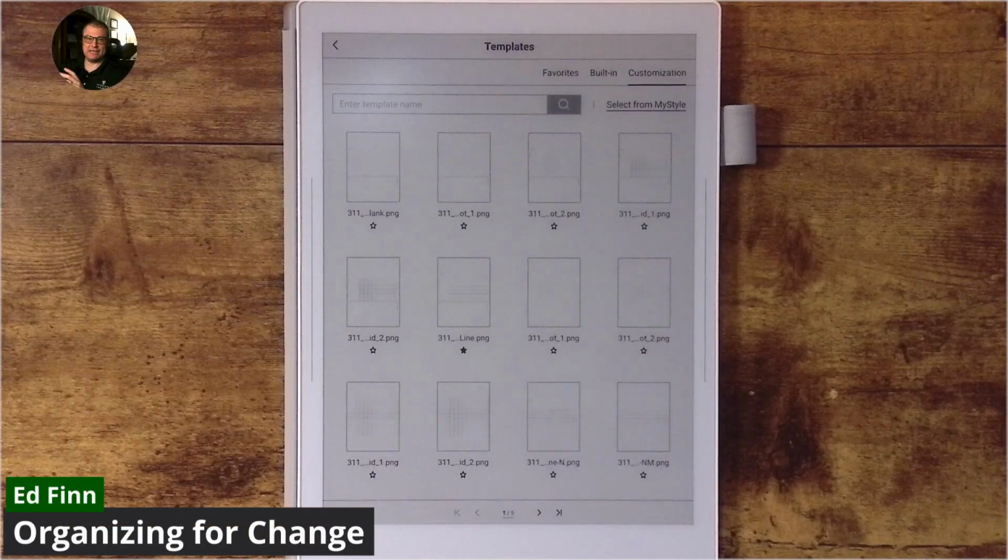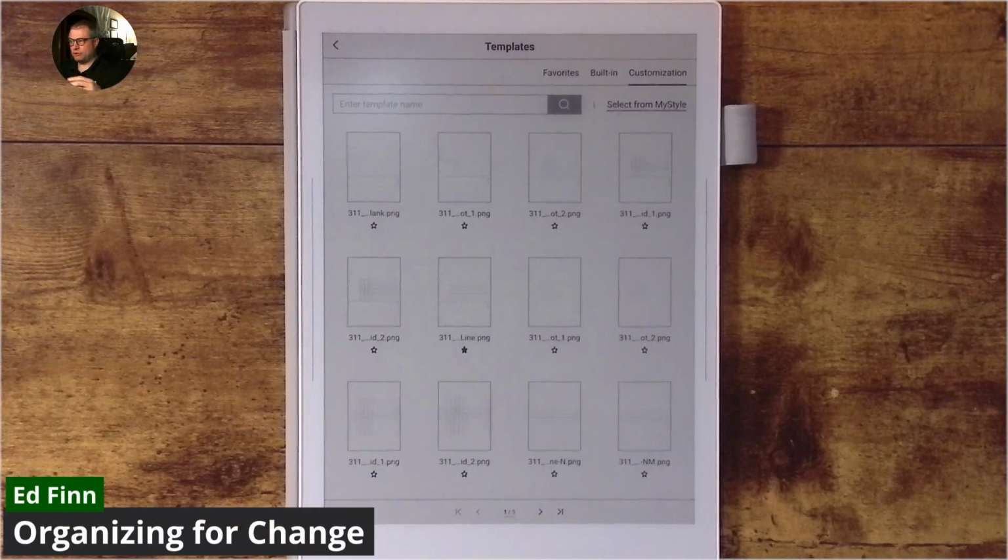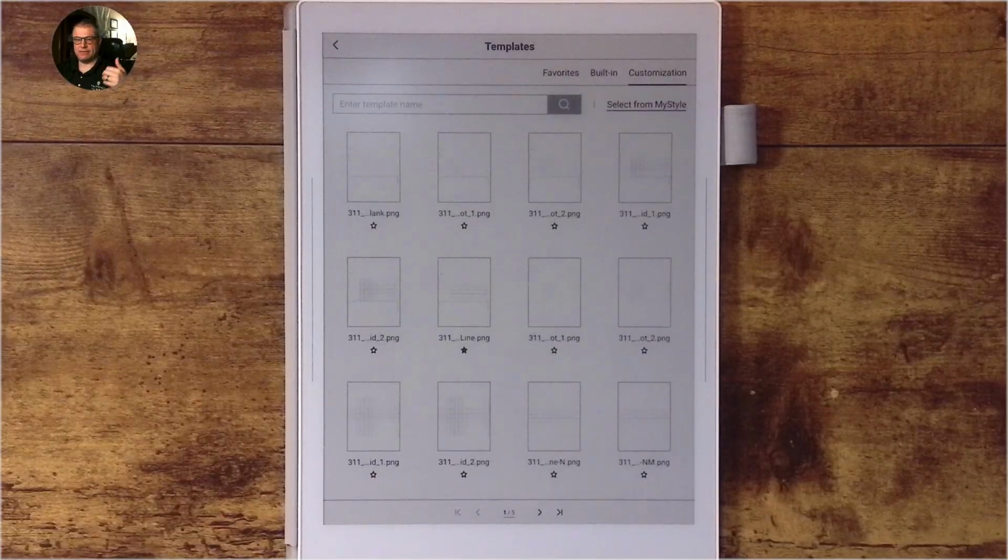Hey everybody, it's Ed. I just want to show you what's going on with this really cool template pack that Voja has come out with. Really interested in this. I'm not a huge fan of templates. You all know that. I did purchase MDO and My Meeting Planner as demos to show you the capabilities of